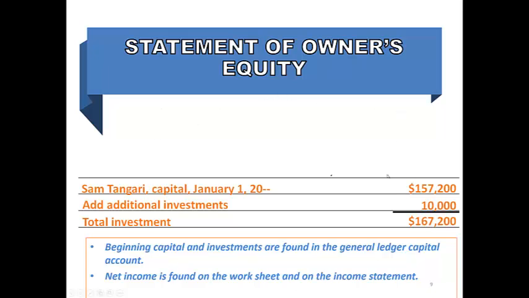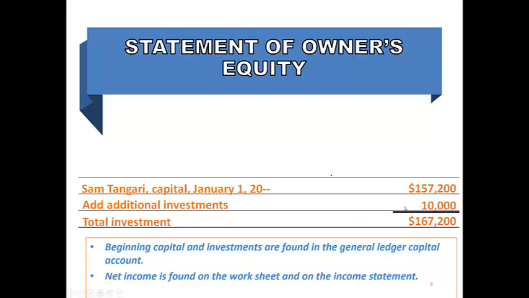So the beginning capital that is shown in our capital account, you would have to go to the general ledger and find the capital account and look to see what the month began with. And in this case, it began with 157.2. If you just look at the balance on the trial balance or on the worksheet, it's just going to show 167.2. But that isn't necessarily your ending balance or your beginning balance in capital. You have to look in the general ledger, and that told us that we started the month with 157.2, but